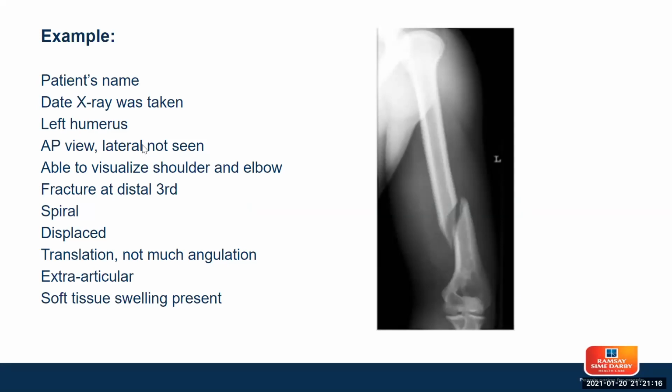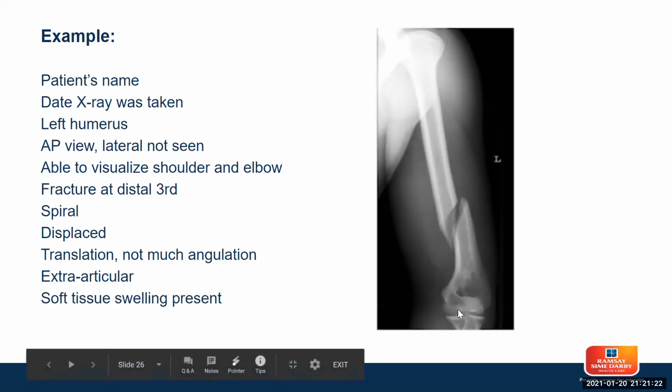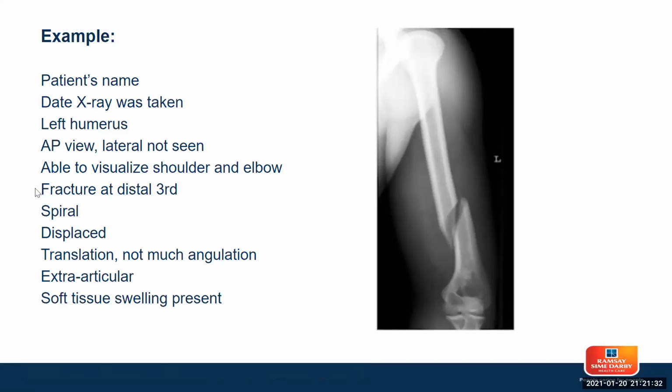I'm able to visualize the shoulder and the elbow joint. So the shoulder joint is up here and the elbow joint down here. So one joint above, one joint below. But the film is inadequate because it's only an AP view. There's no lateral view here. The most obvious thing I noticed, there's a fracture at the distal third of